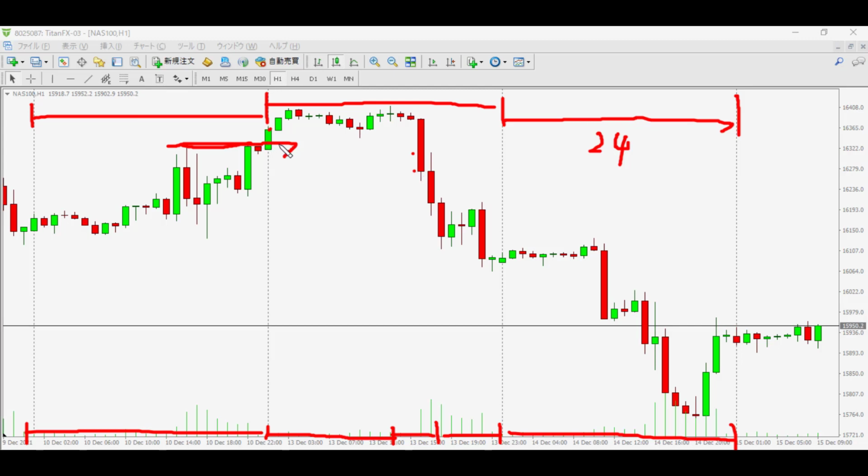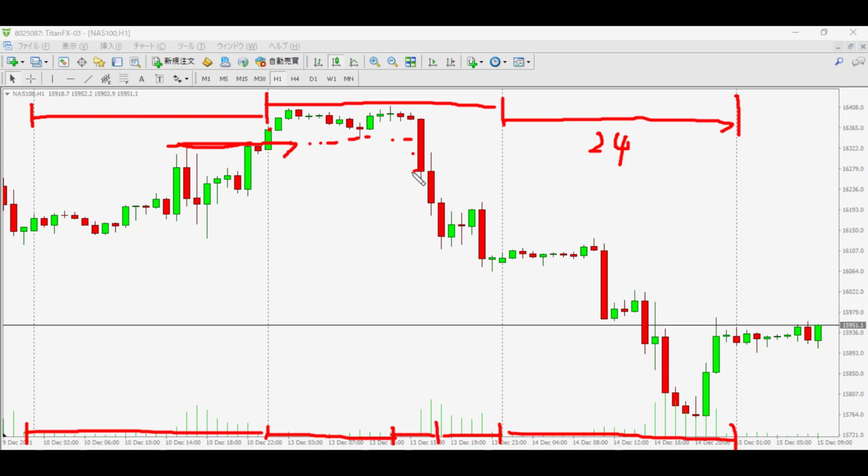So in the Asian time, if the candlestick goes outside close, then put a sell stop order at the previous day's high here. Okay. And this candle hit the sell stop order here